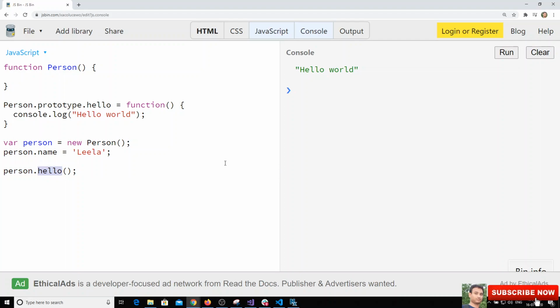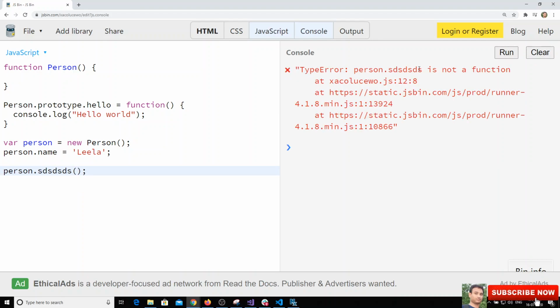So we'll try to see whether toString will be executed or not. We check here, and we didn't get any output. toString is not present. If we check whether this is executing, we get that it is not a function. So toString did not execute, which means the object doesn't have that one. But person.hello got executed.